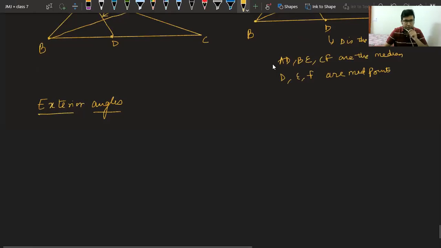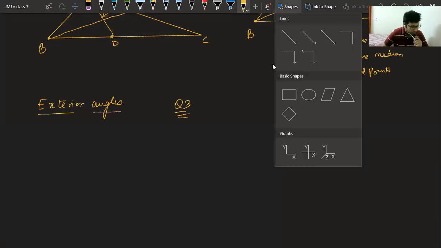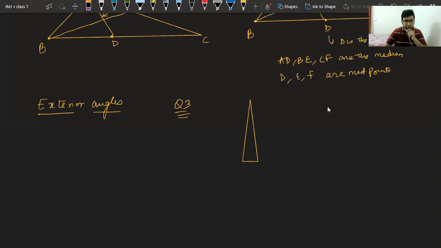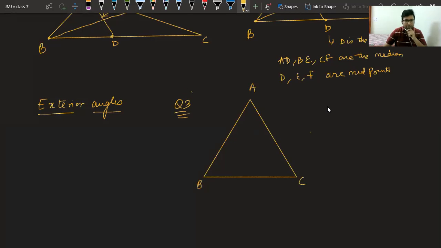Question number 3. You can skip that question because for that, you need to draw an isosceles triangle. In question 6.1, number 3, they are saying verify by drawing a diagram if the median and altitude of an isosceles triangle can be the same. Yes, they are the same. If you are able to draw an isosceles triangle ABC, you can verify on your own that the midpoint and the altitude are the same. This question you can skip because drawing the exact diagram is difficult for you.